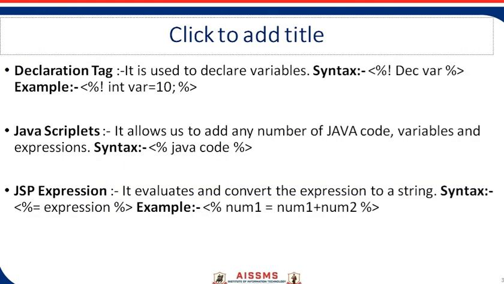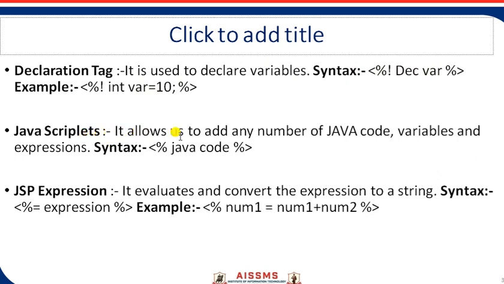Now you can see a general idea of how the tags appear. With the declaration tag, the way we declare variables in Java, the same way we can declare variables in our HTML. So we can insert this code here, in angular braces, with the exclamation mark and percentage symbol. You can witness here, this is the code for it. The declaration of variables is the way we declare in Java, the same way.